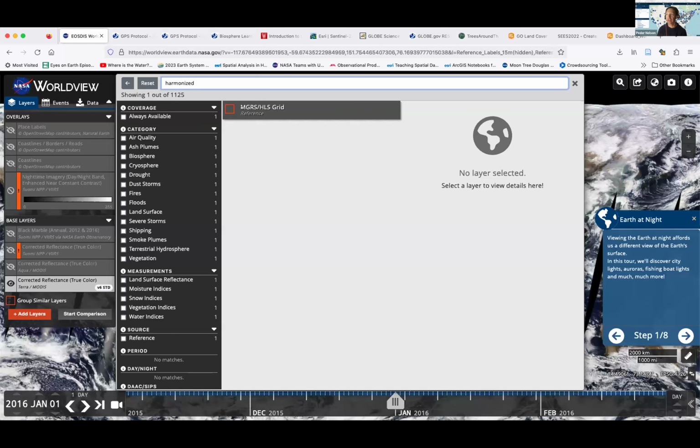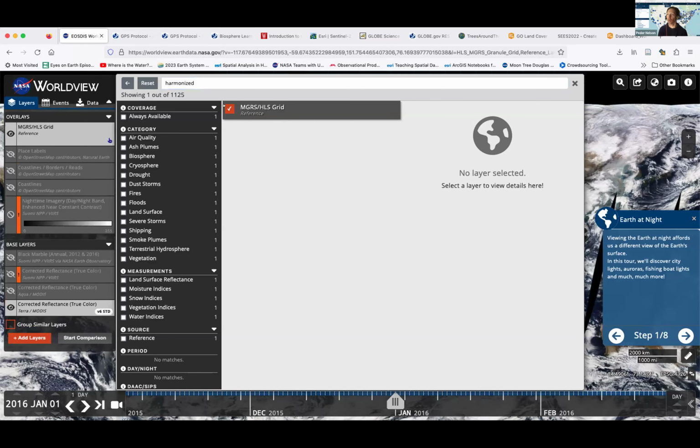And so you'll see this way of referencing your site, MGRS. And that is a particular reference system. And so we'll highlight that later. But the nice thing is, there is a whole new high resolution imagery that is getting referenced to this global grid. And so when you turn this on, you can search for it, you can find it like this.